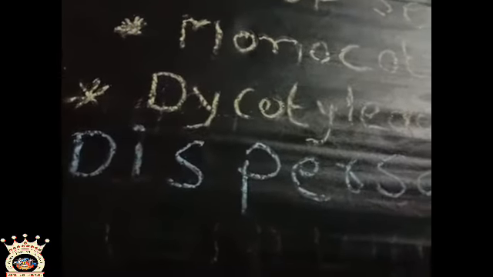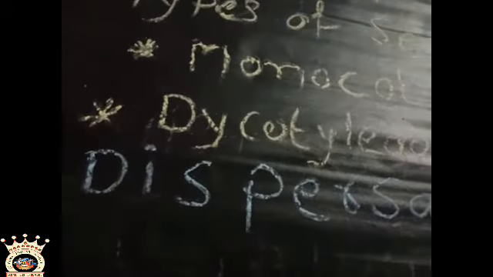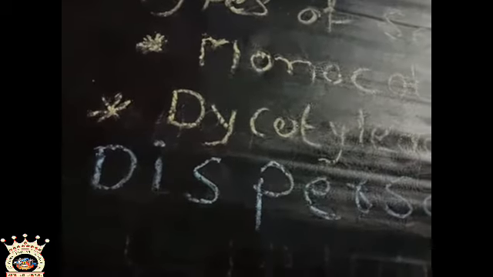If there is no dispersal, they can't be distributed to another place. They will fall at one place only. So it helps the wide distribution of the seed. It also helps the survival of a large number of seedlings. At one place they may die, because the parent plant will take all the food and absorb the water. How will the baby plant get them? That's why it helps the survival of a large number of seedlings under favorable conditions. It also helps to cover barren land with plants.